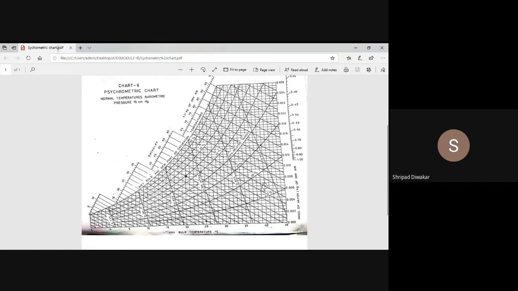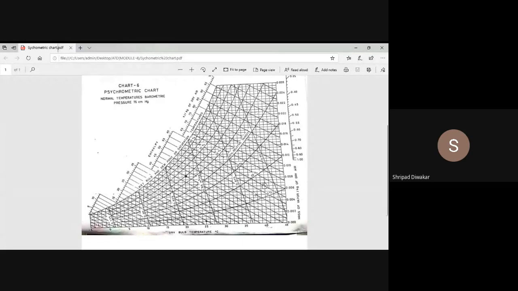If it is exactly in between, you write the midpoint, that is 15%. If it is nearer to this one, suppose my point is here, in that case you write 18%. If it is here, it is 16%. If it is in the middle, that is 15%. And if the point is nearer to 10, it is 11%. Like that you have to write. We cannot write accurate values in a chart, you just have to write the approximate value. But if my point is exactly here, in that case you can write relative humidity as 20%. Understood? This is how to locate the relative humidity.